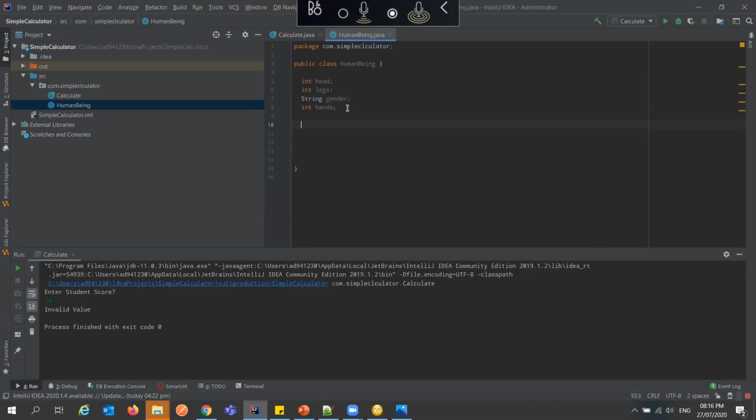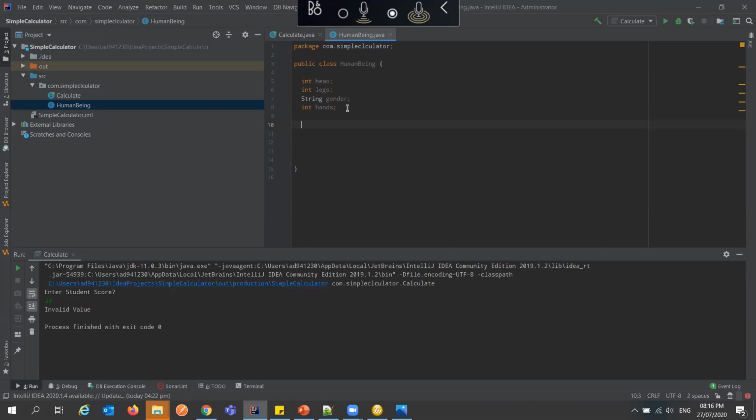So in the womb, when the child is growing, he is already developing. By default, by the time it's coming out, it already has some things already defined. So that's what we call constructor. So that means when you are creating a class, there are some things you want to set initially, so that when you are creating an object from that class, it already has those properties. For example, like I just said, human being, when you want to give birth to a child, by the time the child is coming out, it already have one head, two hands, and two legs, and it's either male or female. So that's what we call a constructor in a class.